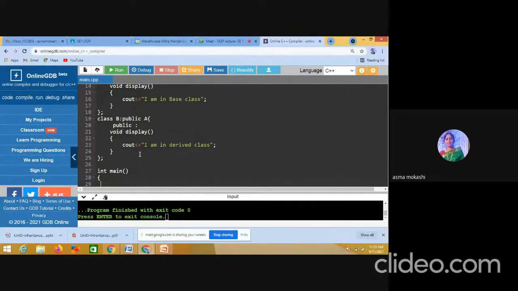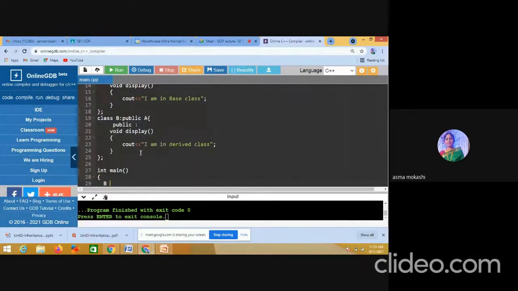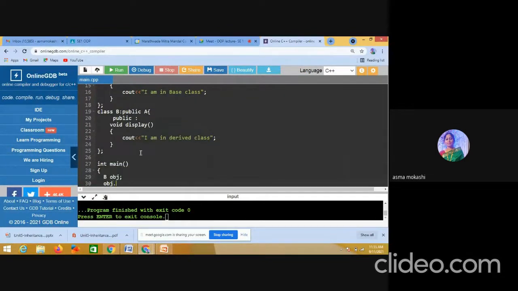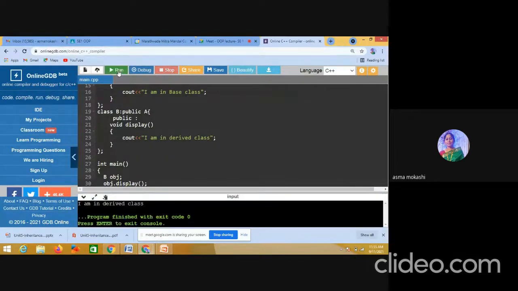So what exactly happens when I create an object of the derived class? I am creating an object of the derived class B; obj is my object. So obj dot display. If I run this code, what output do I get? I am getting, students, "I am in a derived class".